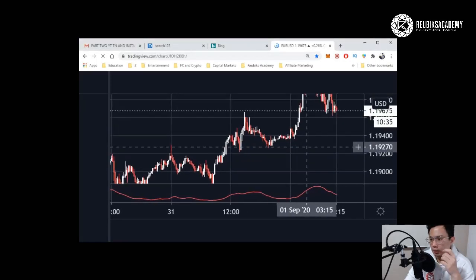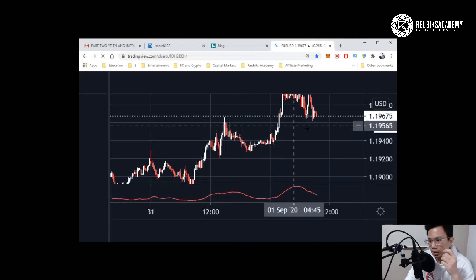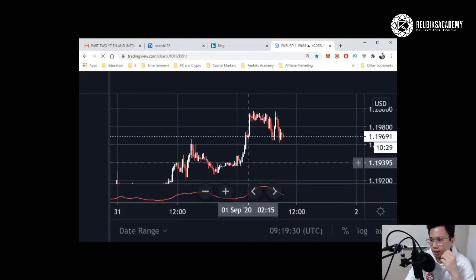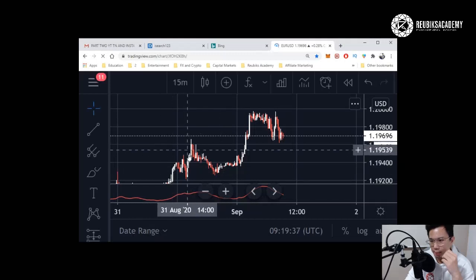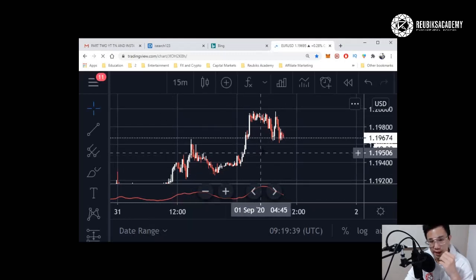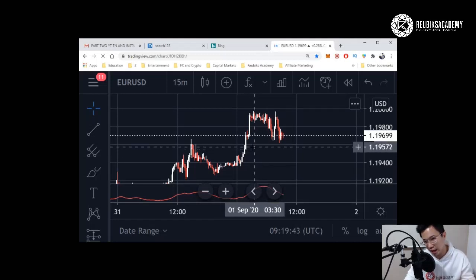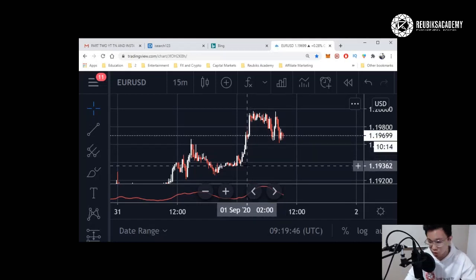Okay, now you can see from here this is the Euro USD chart. Now it looks very nice, because it looks like there's no gap. There are no gaps at all because this is Forex. Forex is open 24 hours and 5.5 days. But that's not the scope of this discussion.